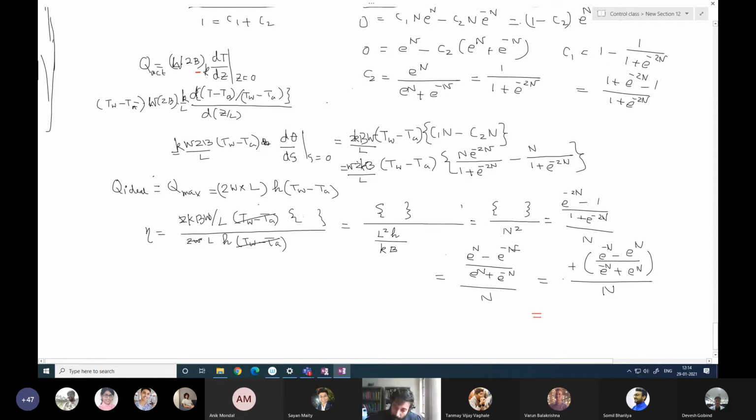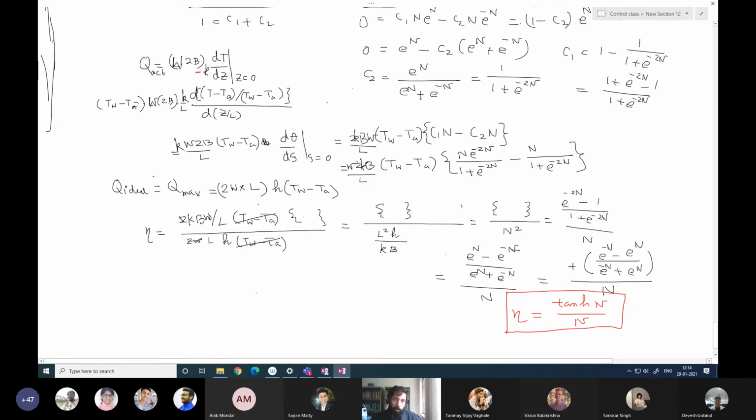So what is this in terms of hyperbolic function? Tan hyperbolic n. Yeah. If you look at the hyperbolic function definition, you will find that this is a tan hyperbolic of n divided by n. So you see that for this simple case, this expression for efficiency is a simple expression,